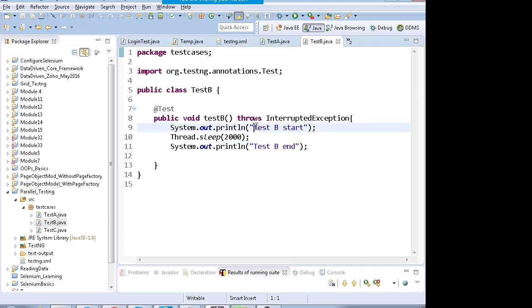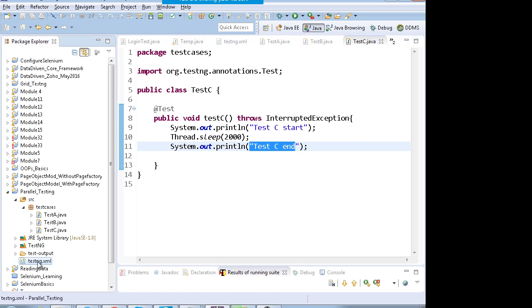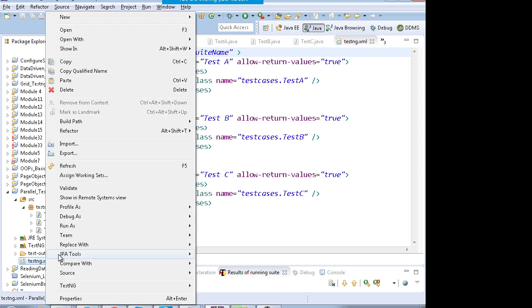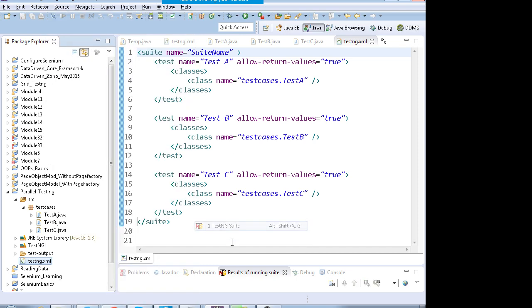Similarly, test B also, these are dummy tests. Test B starts, you give a break of 2 seconds, and test B ends, and test C also, like this. In testng.xml of this project, I have kept all the three tests. When I right click on testng.xml and select Run As, TestNG Suite,